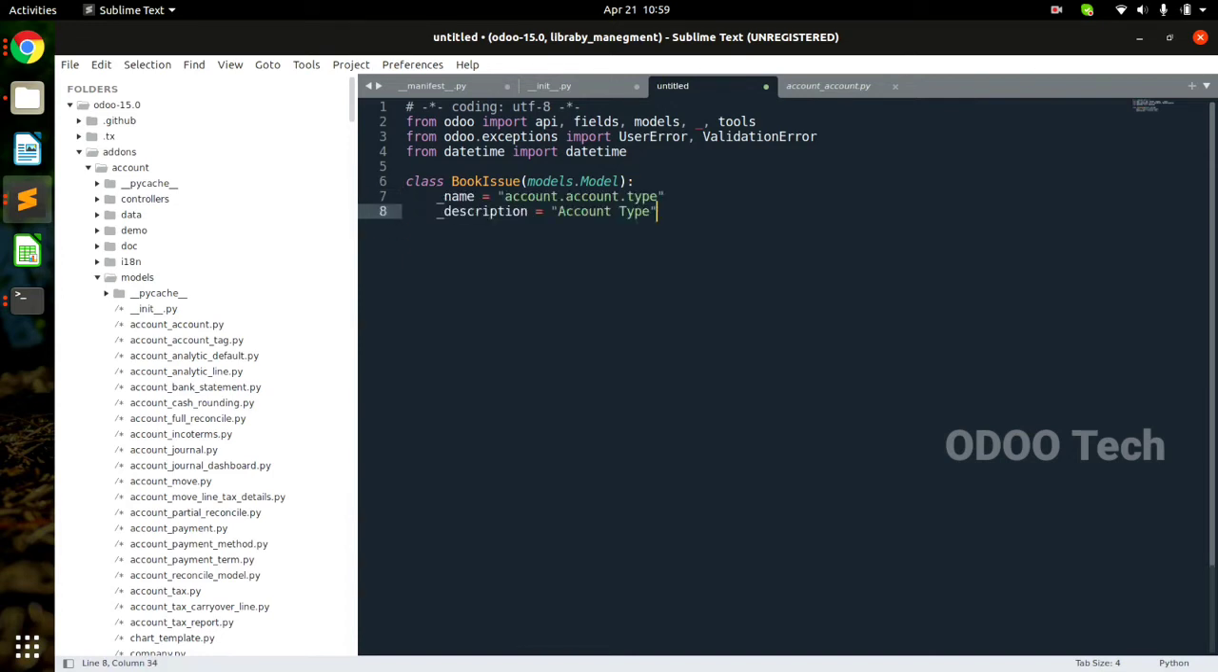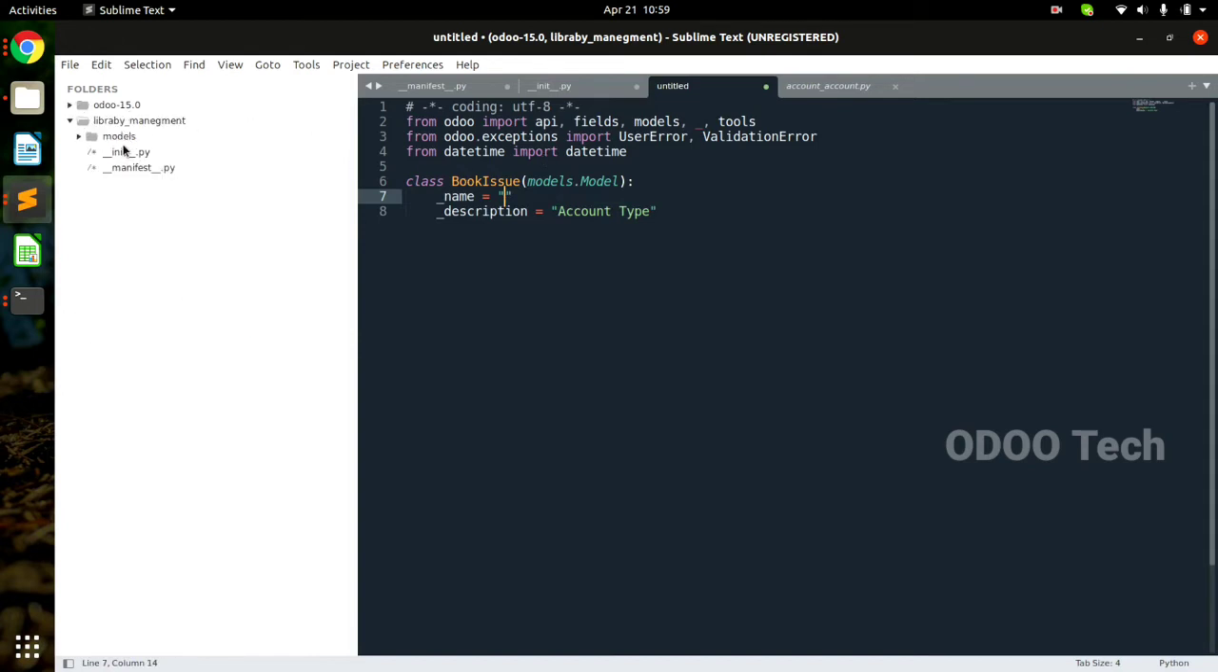So I'll copy that. First one is underscore name. Now we defined the class, but what is the identity of the class? It's going to be defined by underscore name. So I'm going to give the name as, now my module is library management. So I'm going to write library dot,